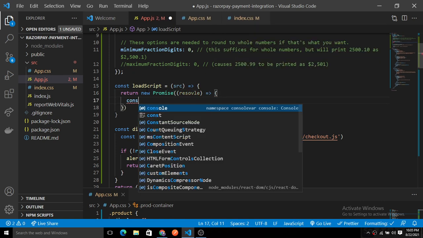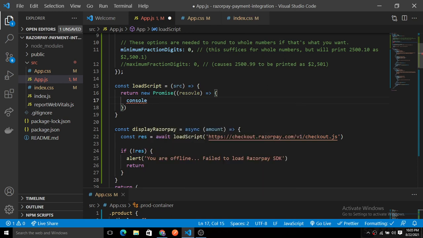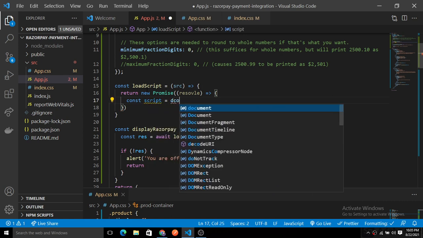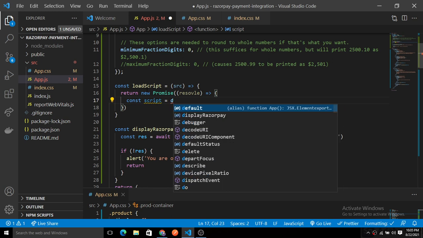We will simply create an element of a script using the JavaScript native method. Create a const script, and here we use document.createElement, and the element would be a script type.